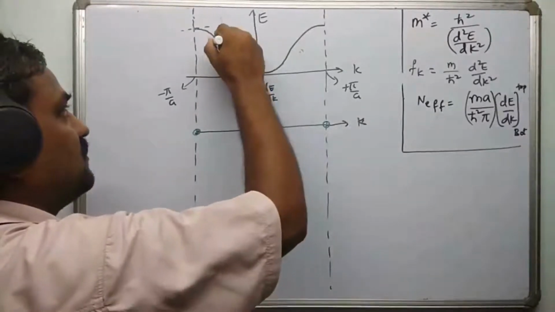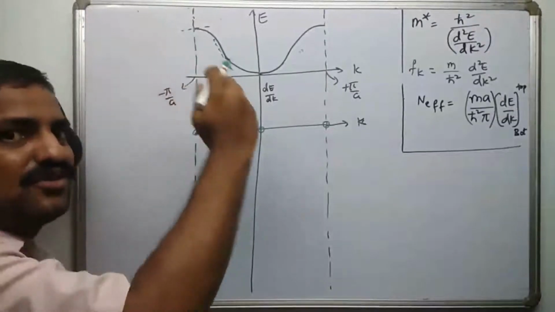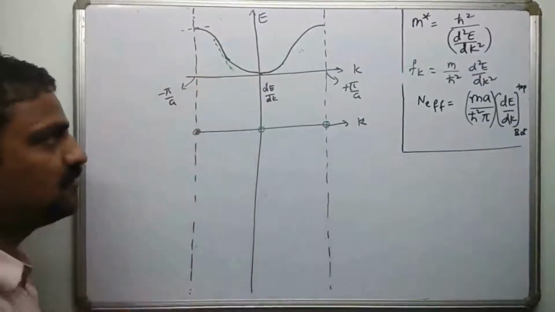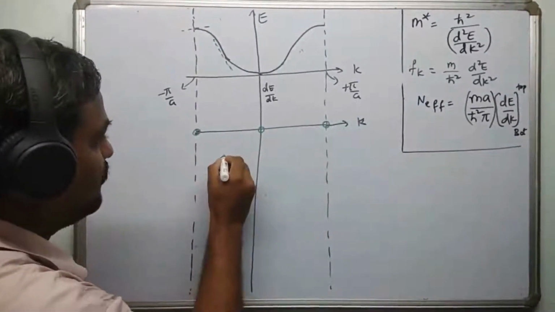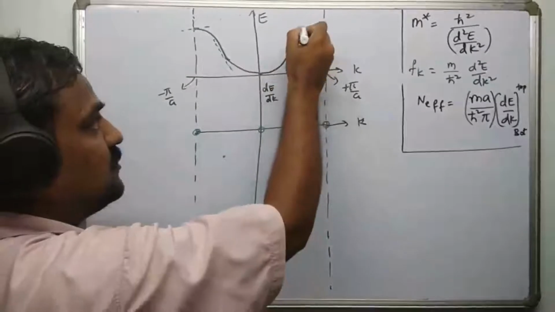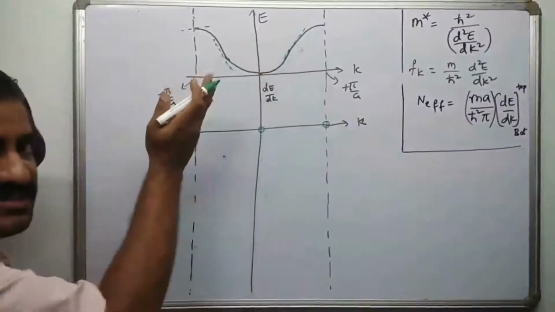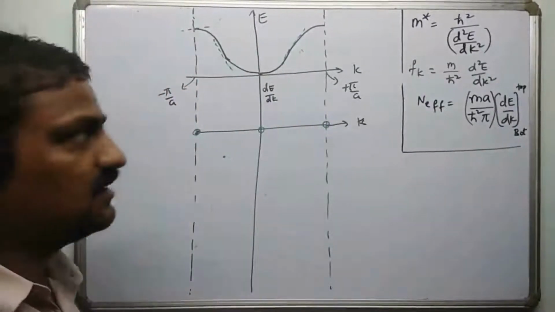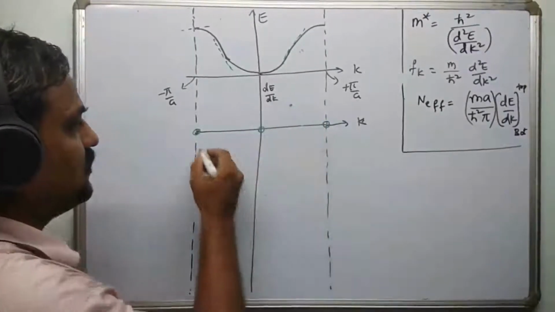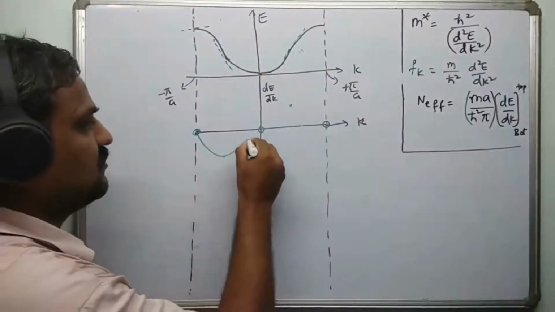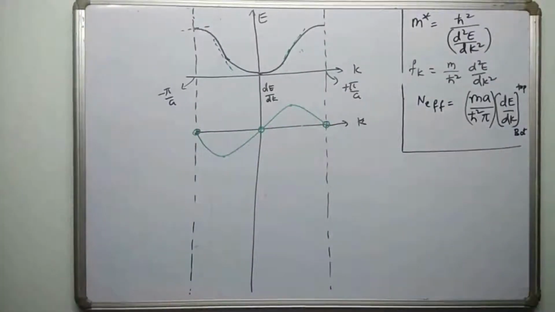You can see here, if you draw a tangent, this tangent is in the second and fourth quadrants. You know, tan value in second and fourth quadrant is negative. So in this region, the function will have negative values. And similarly, if you plot something here, this is going to be positive, because the slope is positive in the first and third quadrants, where tan is positive. So it is going to have some maxima over here. If you combine all of them, you are going to get this kind of graph. So this is the dE by dk graph.